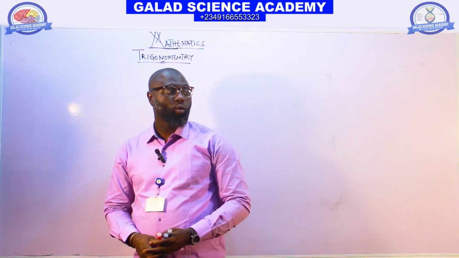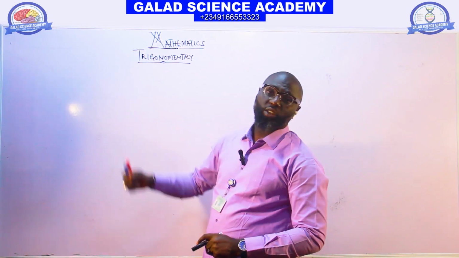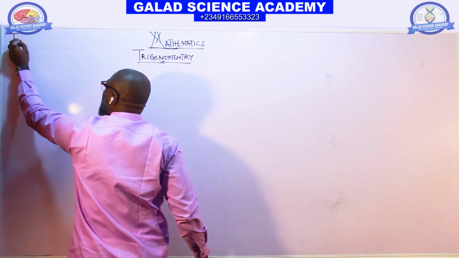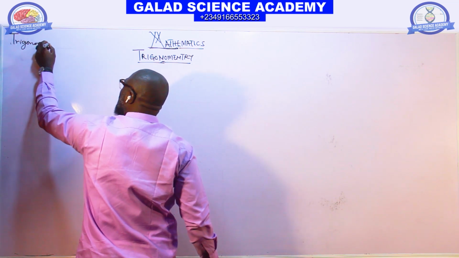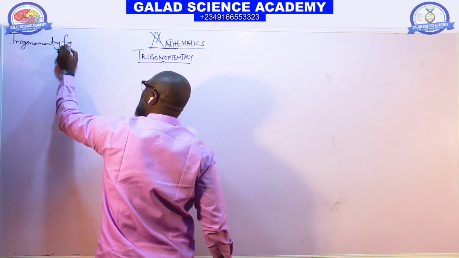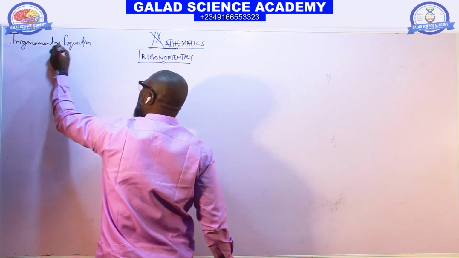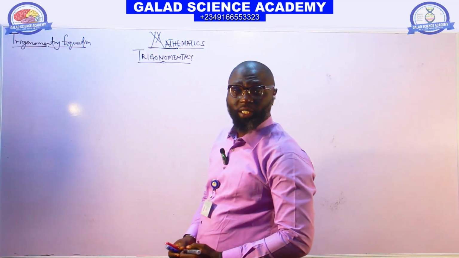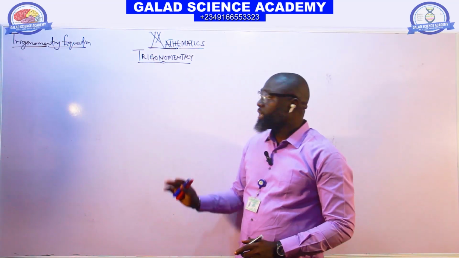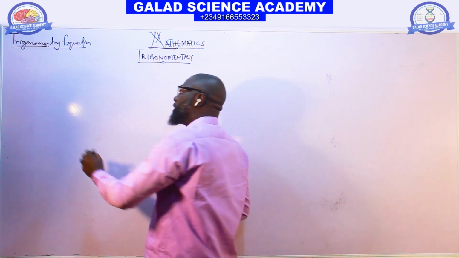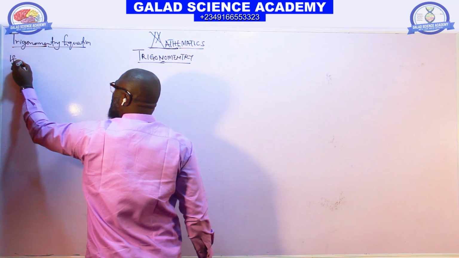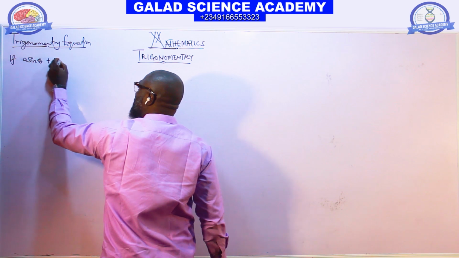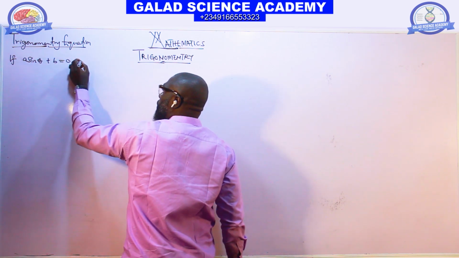Before we move to the complex angle, we need to treat trigonometry equations first. So let's look at trig. A trigonometry equation is an equation that contains a trigonometry ratio. For example, if we have a sine theta plus b equal to 0,